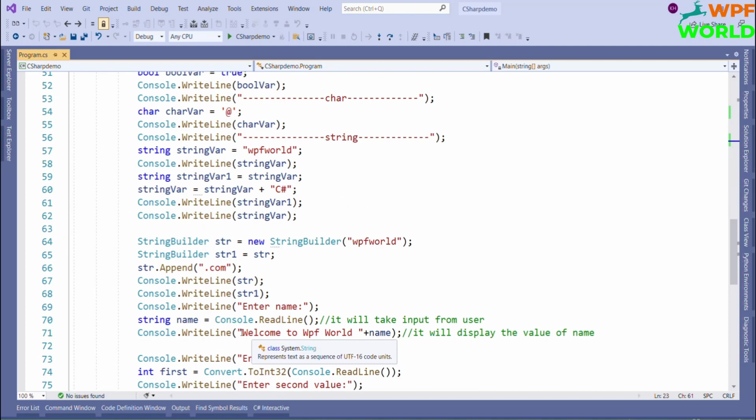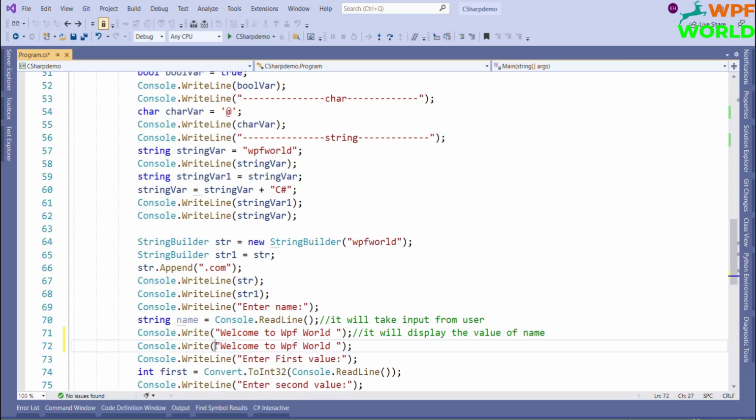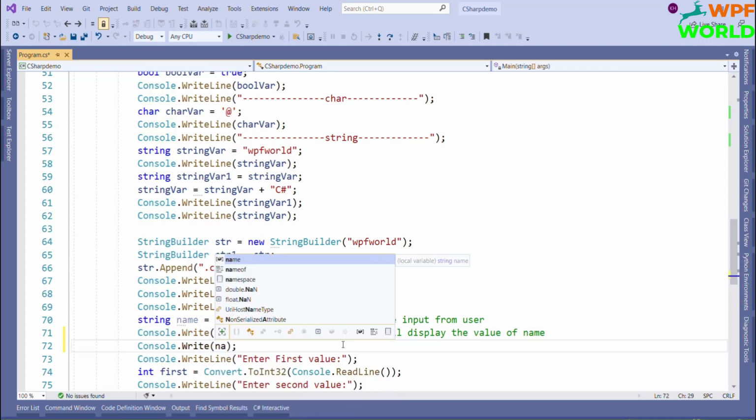Here, what I wanted to do is show the same color for Welcome to WPF World, but for the name I want a different color, and I also want the output in the same line. How to do that? We can use the Write method. Now I have to remove this, and again we have to write one Write method where we will have the value.